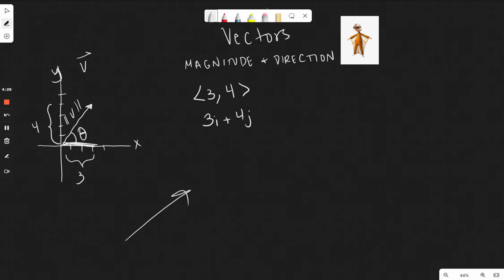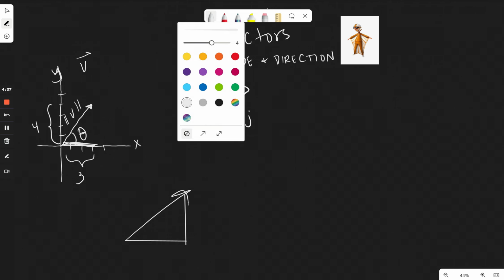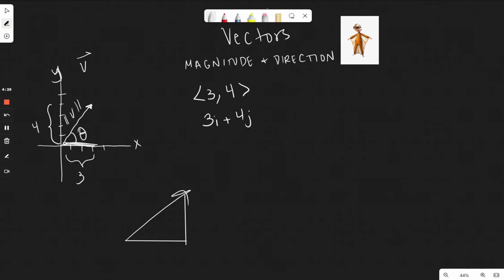Okay, this is our vector, and excuse this awful, not drawn to scale little triangle, but as you can see, if this is 4 and this is 3, then considering that it's essentially just a right triangle, the hypotenuse has to be 5, which means the magnitude of this vector is just 5. And then if we want to find the angle right there,